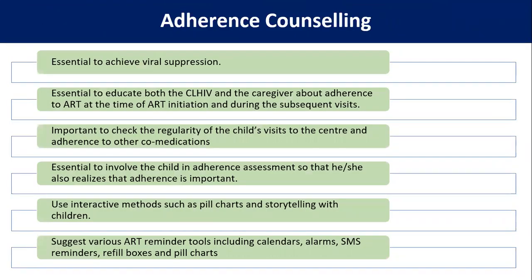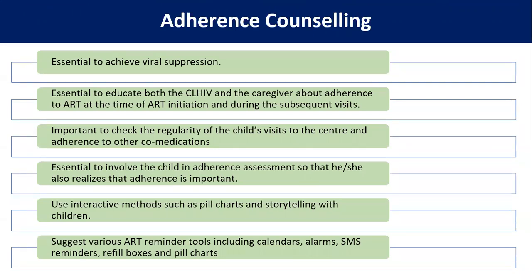So it is essential to achieve total viral suppression. If adherence is more than 95%, we have seen complete viral suppression is achieved. So it is essential to educate both the CLHIV and caregiver about adherence to the ART treatment at each and every time and at subsequent visits, and also check at the child's visit to the center whether they are adhering to the medication by doing the pill count,